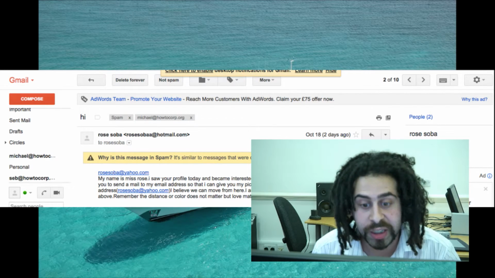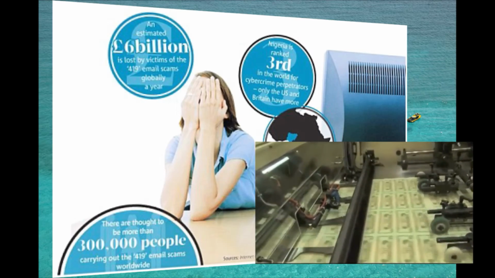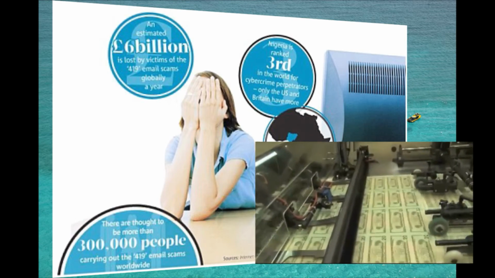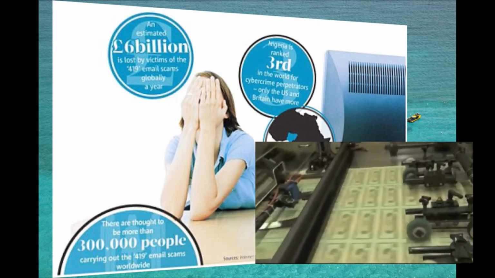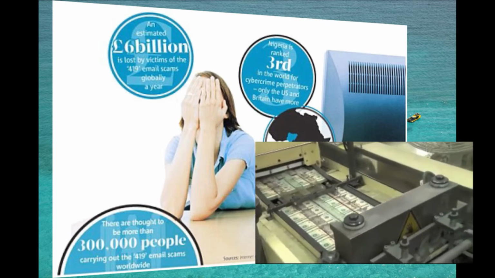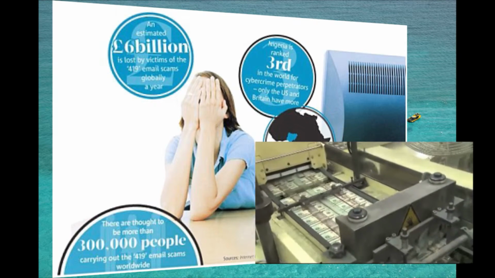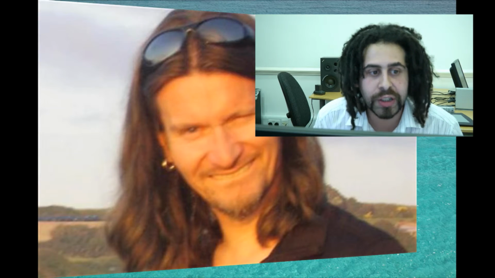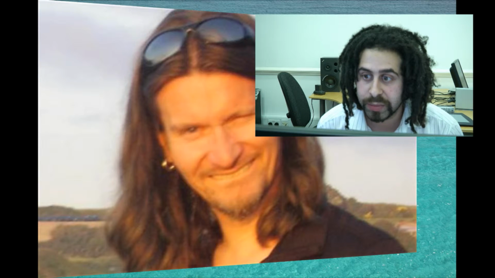Now, these are quite common over the internet. The Metro reported recently that this was an economy worth £6 billion a year. And that just goes to show that using other names over the internet does pay. Now, if you still have misgivings about it, the other thing I would say is, if it's good enough for the police, then I'm sure it's good enough for your company. So I wouldn't worry too much about that, really.